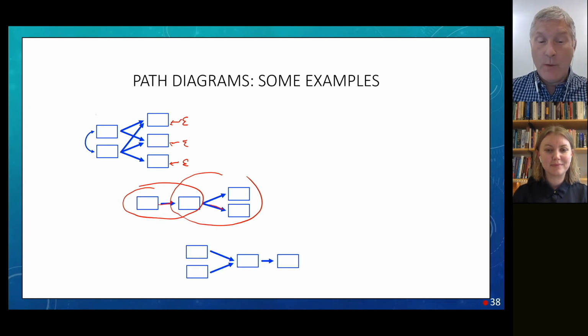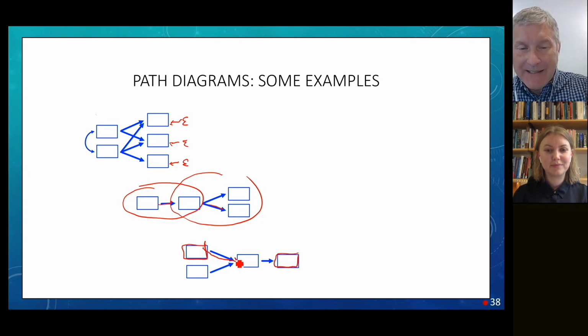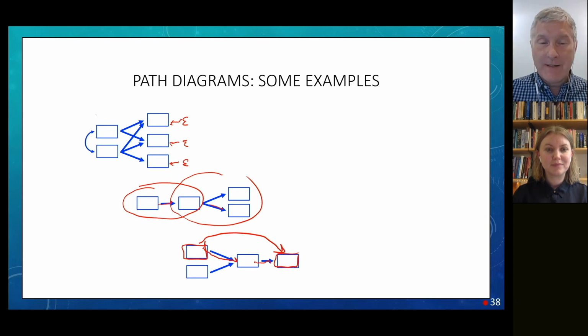Here's a different type of model where we have two independent variables, and you'll notice about these two independent variables, there's no two-headed arrow. Why? Because the researcher didn't think there was any reason for those to be related. That is part of the theory. What you see here is part of the theory, and what you don't see is part of the theory. What I mean by that is this variable here is hypothesized to influence that variable here completely by being mediated by that variable in the center. That is to say, there's no additional direct effect there. Who says? Theory says.